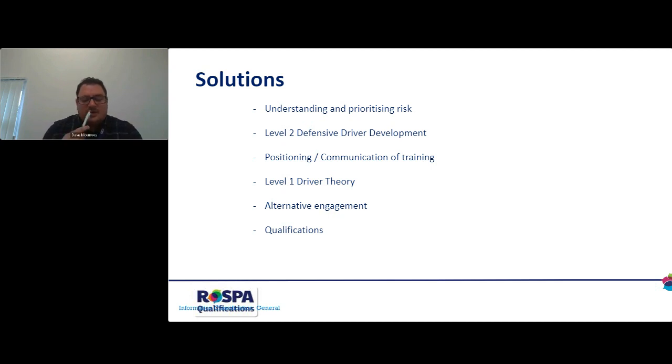And this course really, and Penny's alluded to this, really addresses the driver's decision-making process, focusing on the behavioural approach to driving that's been outlined by Penny. It's that decision-making process, ensuring that there's space around making those right decisions. To get the most from this training and ensure that drivers are fully engaged,